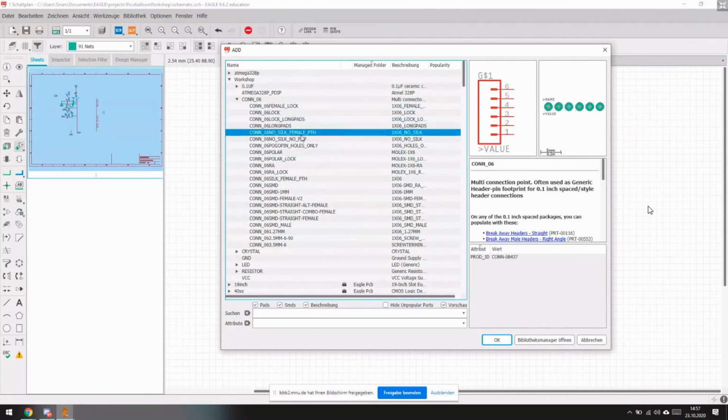I think, Jakub, what do you have in mind? Which one do we want to use? It's the